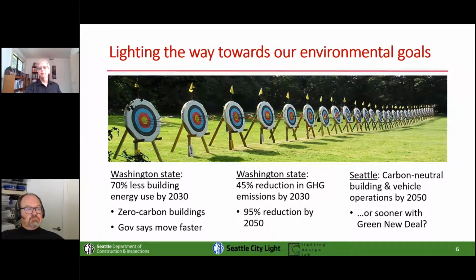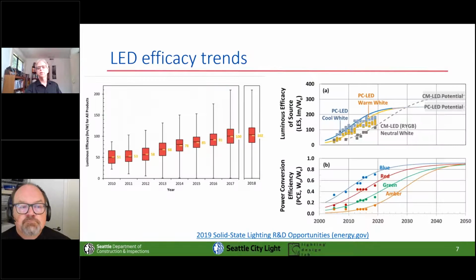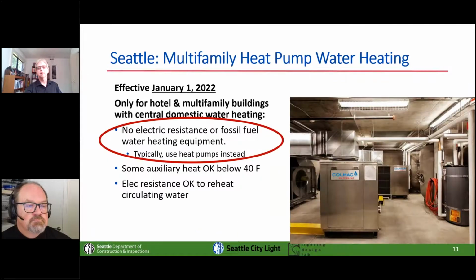And there are parallel things happening in state legislation, like that one you see in the middle, 45% reduction by 2030. So statewide and in Seattle, we're going for some very ambitious goals over the next few decades. With water heating, there's another one that electric resistance and gas water heaters are in most cases not allowed. And once again, if you're doing electric design, you'll want to be planning for heat pump technology for that water